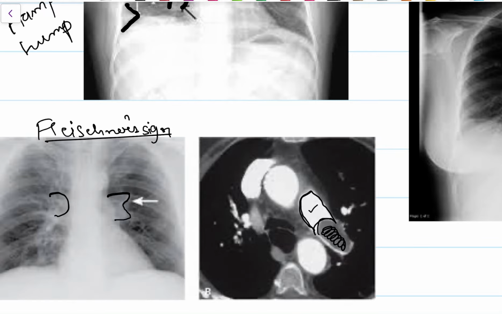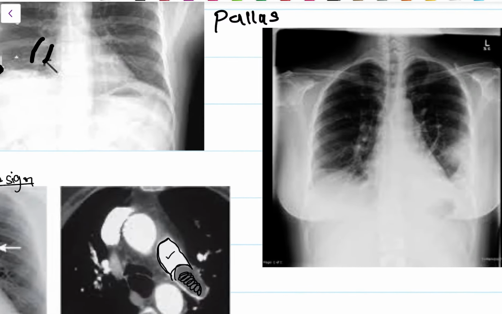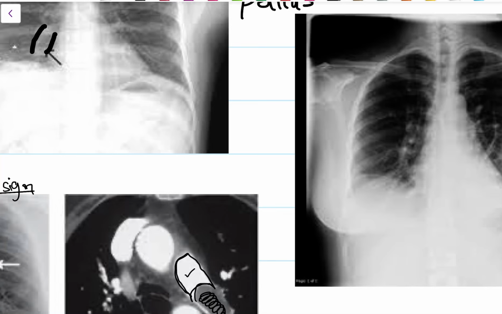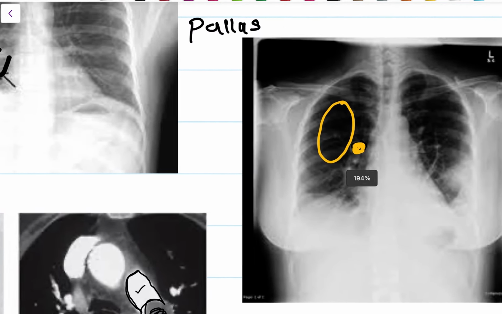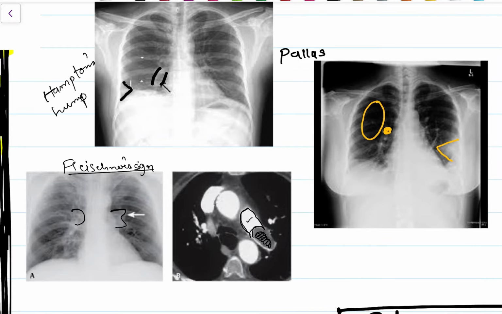This is the contrast seen here. And there is oligemia. I've already told you, when there is an obstruction, forward blood vessels will not be visible, because there is no blood filling in the small vessels due to the obstruction here. There's obstruction here, there's oligemia. Oligemia means there is decreased prominence of the small vessels in the lungs. Then you can here see this wedge shaped hump, that is Hampton's hump.